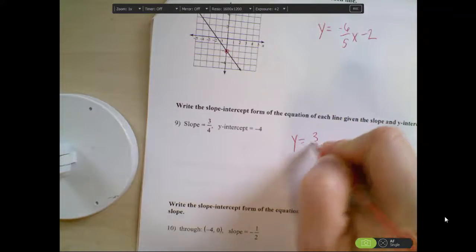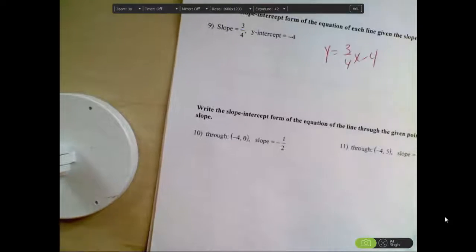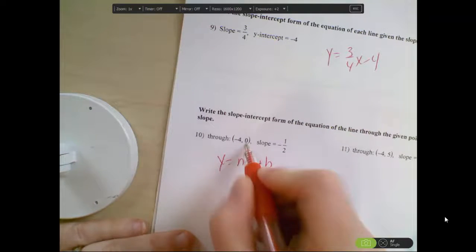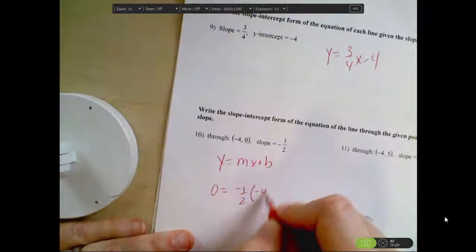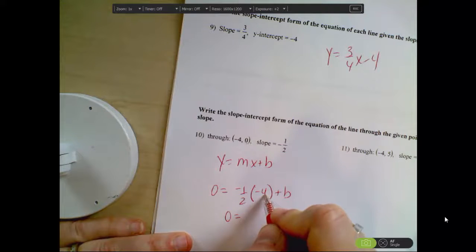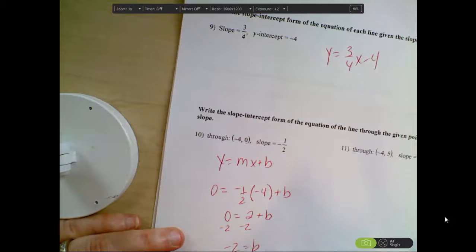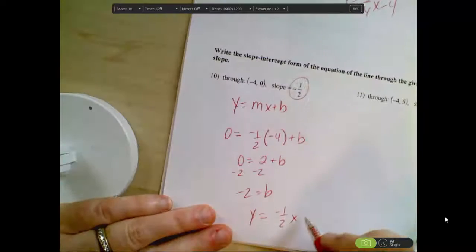Here you just plug in your m and your b. Down here you need to plug in the points. So remember, if we have y equals mx plus b, our y in this case is 0, our m is negative 1/2, our x is negative 4, and we need to solve for b. Negative 1/2 times negative 4 is positive 2. So what does b equal? Well, we need to minus 2 from both sides. b equals negative 2. So your equation is y equals negative 1/2 x, because this is our m, minus 2,